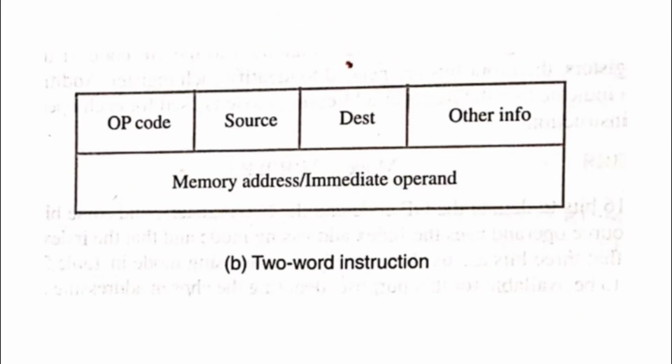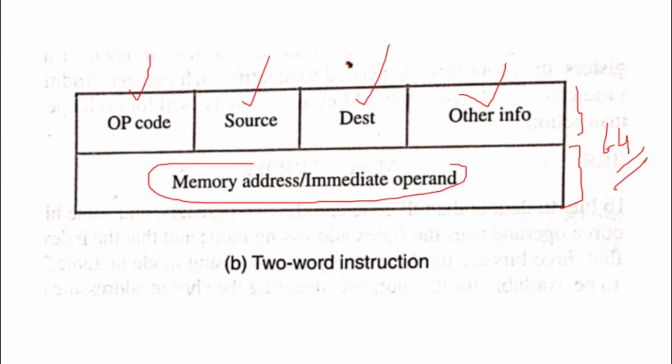One more format here is the two word. So here first 32-bit and again 32-bit. Totally 64 bits are used in this instruction. So when the instruction is finally converted from assembly language to binary, it consumes 64 bits. Again 8 bits for mentioning which operation is there inside the instruction. Then again 7 bits for the source operand, what kind of addressing we have used for the source, then what kind of addressing we have used for the destination, then some other information here as I explained in the previous slide.